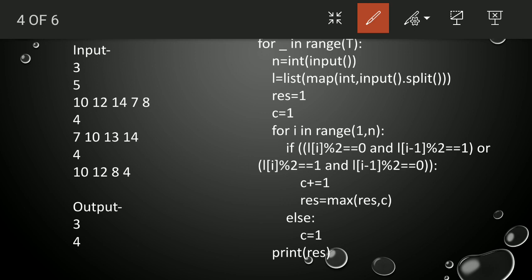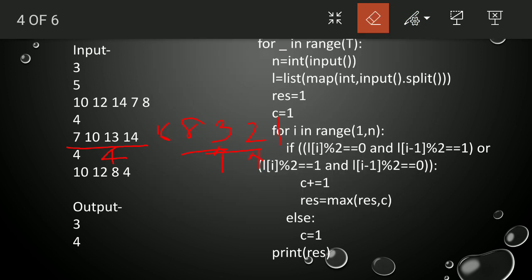If you trace it once again, you will understand much better, and trace once with this input as well: 7, 10, 13, 14, 16, and 8 as well, then 3, then 2, and then 1. When you trace, this length will be 4, then for 16 the previous must be odd for it to count, no. Then when you are here, it must be an even. Yes, this is satisfied. Then after that, when you are here, it must be odd. This is satisfied, and take it up to here only.